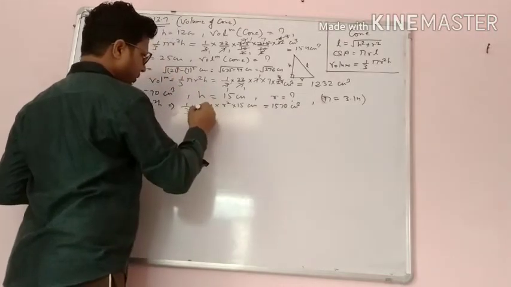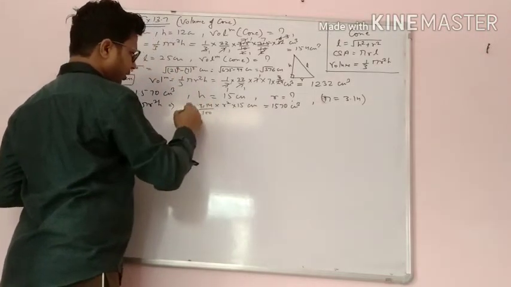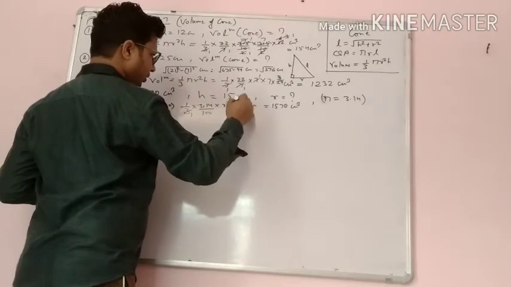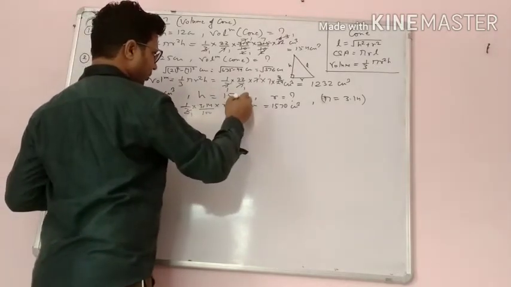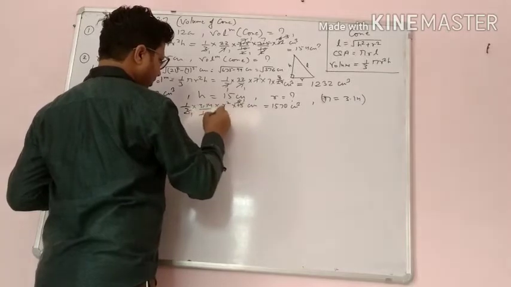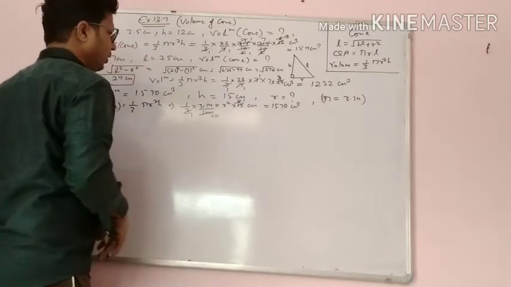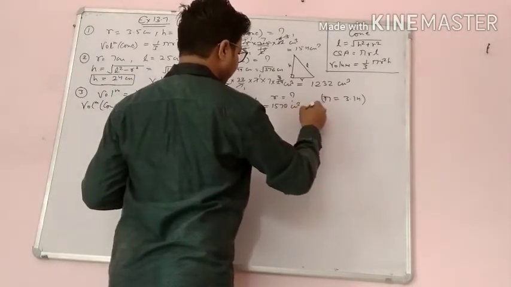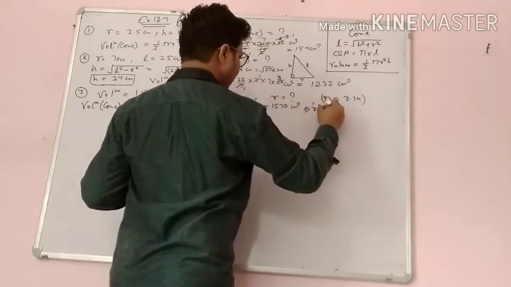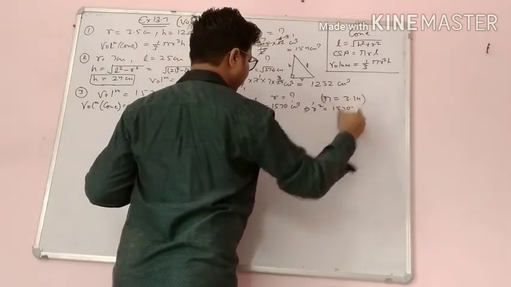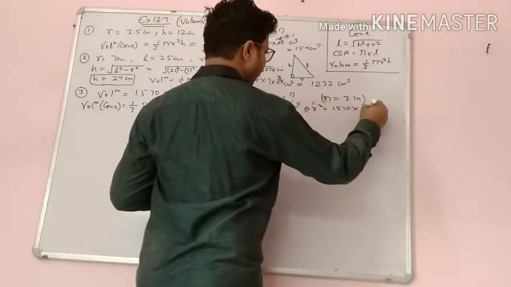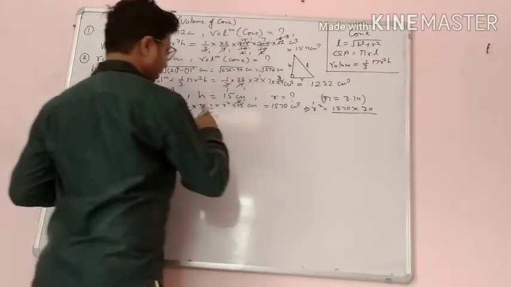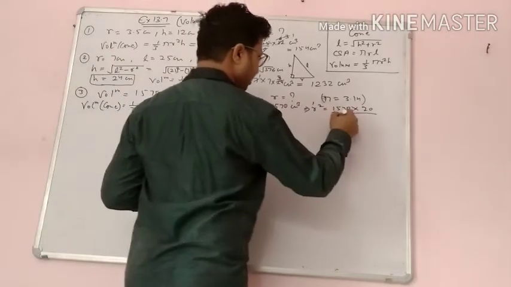If I want to remove the decimal, I have to divide by 100. 3 1s are 3, 3 5s are 15. And also here 5 1s are 5, 5 20s are 100. So what will be left here? r squared is equal to 1570 multiplied by 20 divided by 314. Multiply, so it will be divided.